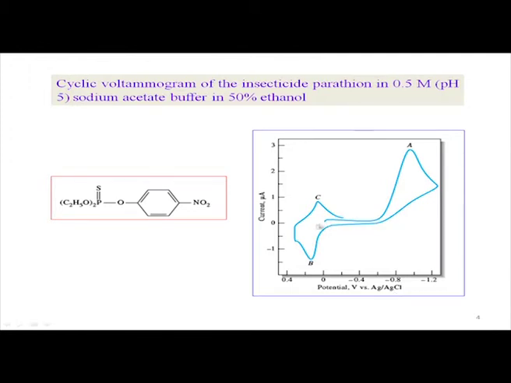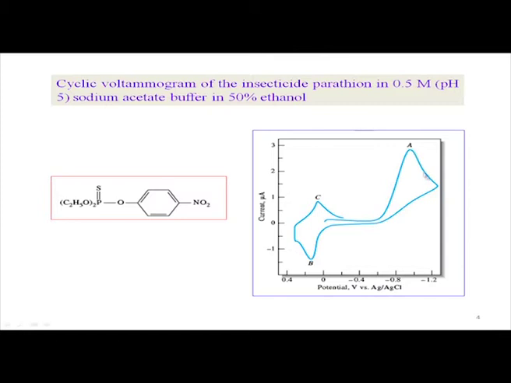So here is your starting point, again 0. You start from here at point 0, and you scan on this particular side. So you get the corresponding reduction site, that means the cathodic peak potential is at A. So at A you get some cathodic peak potential for some species which is coming out from this. Then we scan back, and while you scan back, we do not get anything related to this particular A species. At A, the reduced species is formed. That means this is not getting directly reduced back to the species originally present.